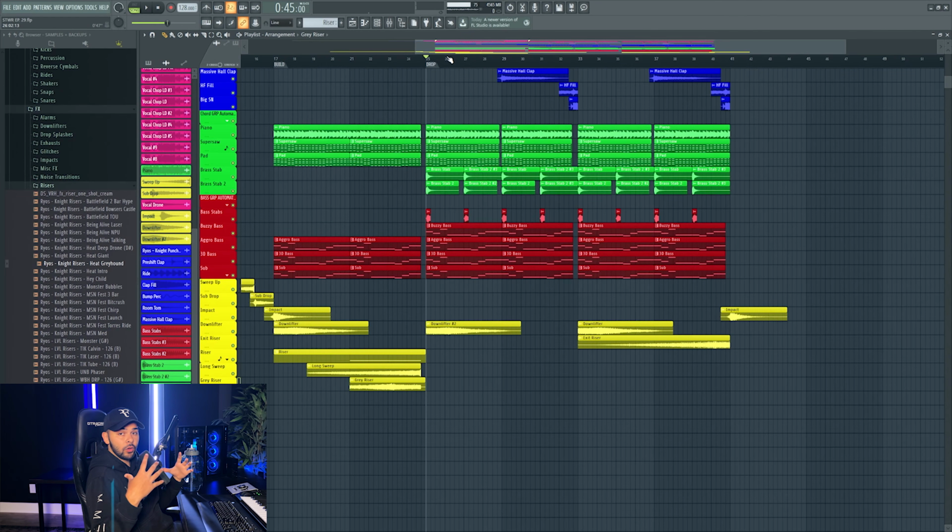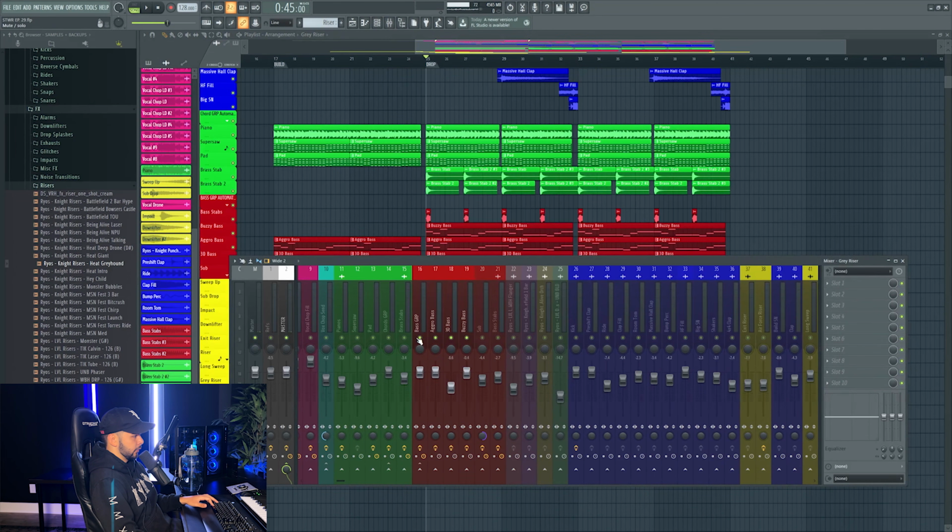Yeah, that's better. Now here's where we need to work on the drop a little bit more. Obviously now we've built up a lot of energy, and the drop just is not matching that energy basically, and I know how to fix that. So right now there is just too much mud going on in this drop, and specifically with the basses, they're a little too warm. If we listen to the bass group,